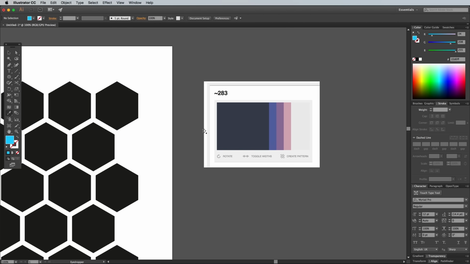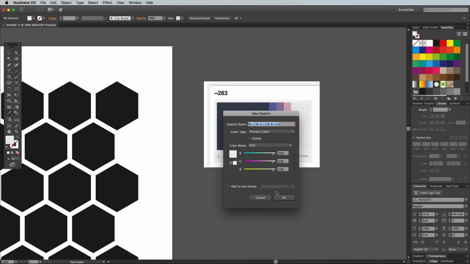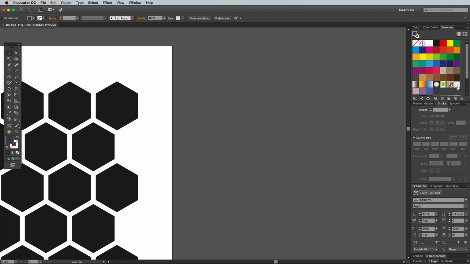Activate the eyedropper tool and load a sample of the first colour as a fill, then click the new swatch icon from under the swatches panel. Repeat the process with all the other colours in the palette, then delete the screenshot. Click the first swatch, then shift and click the last swatch and create a custom group, just to keep them